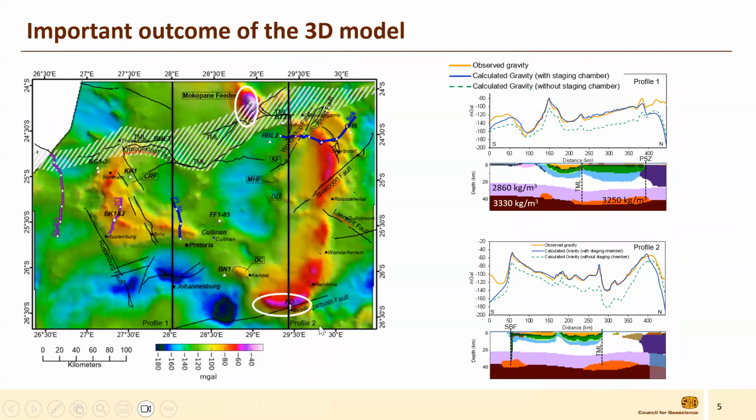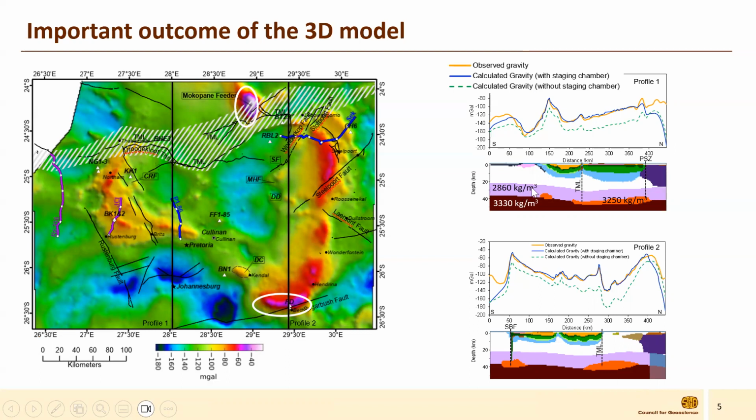So one of the important outcomes of these 3D models is shown here, where the orange line here and here are the observed gravity, and the object of the modeling is to get a model that matches that. And that's the blue line. On the edges, you get edge effects, so you don't always model it. But in order to be able to model the gravity data, Janine, and not have a ridiculously thick